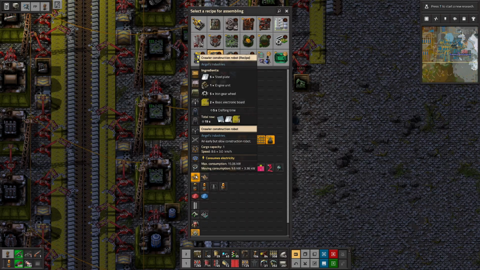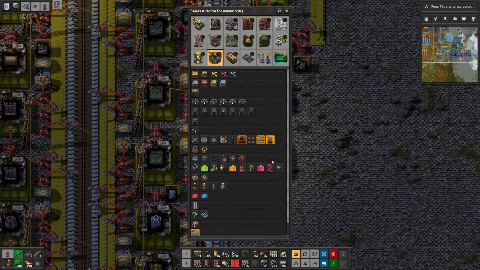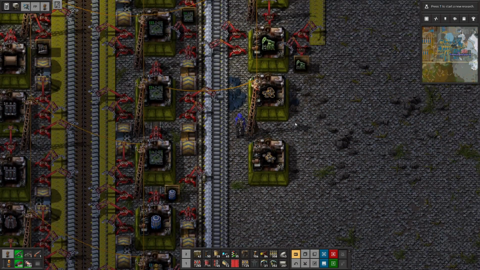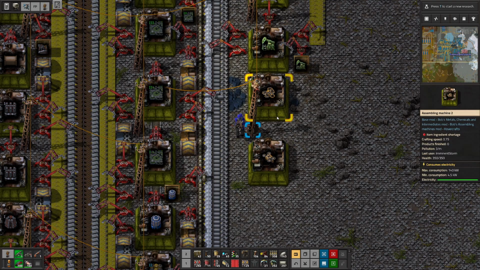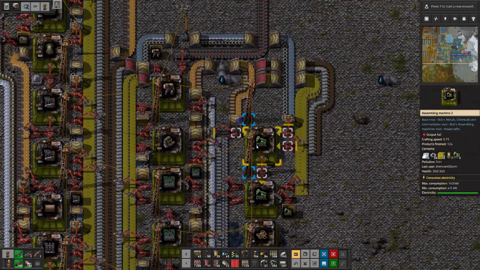All right, so I guess we'll make crawler construction robots. We'll make crawler cargo robots. Robot recharge rate. Crawler robo box. That's probably what we want. But yeah, you guys are going to want what? Steel? Engine units. Engine units, the one thing that we don't...